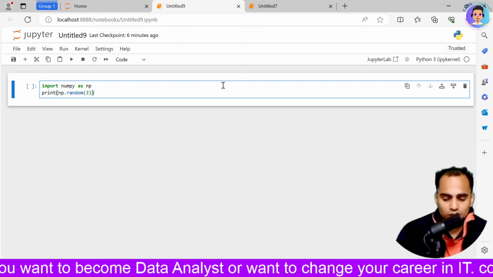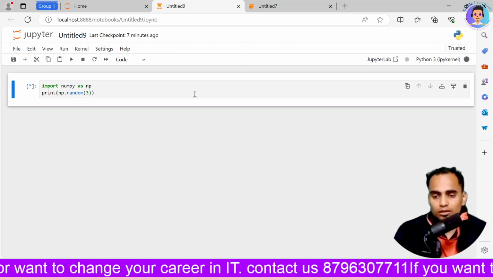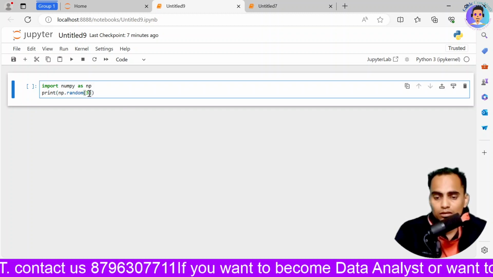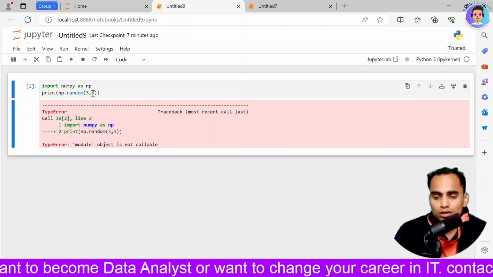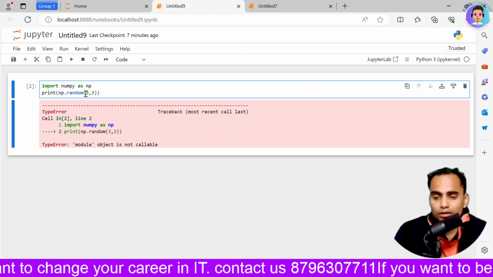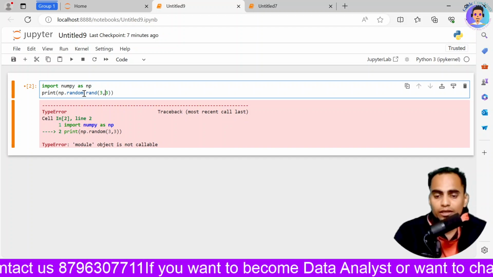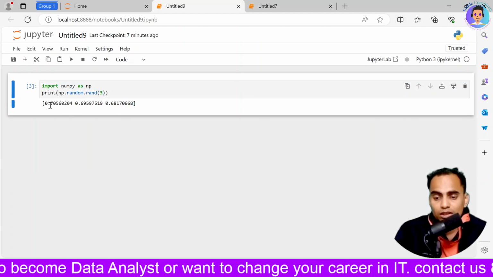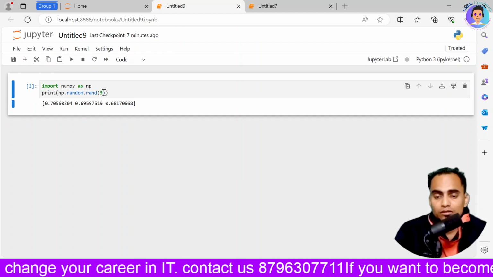Then I'll close it and execute it. Once I execute this, it is taking time. I don't know why it is taking time. Yeah, the module random has no such attribute, so I need to declare it as np.random.rand, and then it will give me three values. See, these will range from 0 to 1. Okay, this is the first situation.